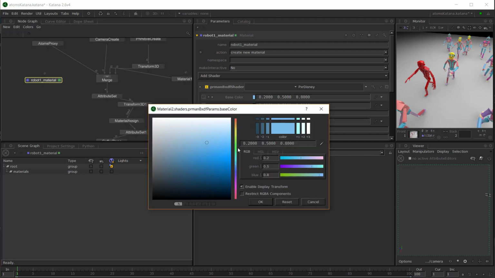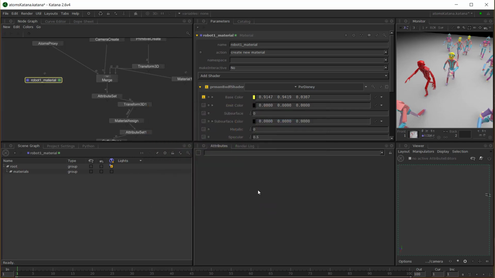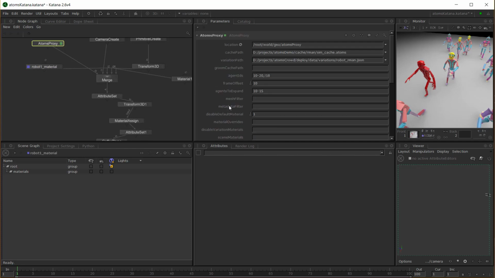Let's bring another Pixar Disney. Let's change it to something like yellow. And then we can merge. And then go back here and use the robot one material. You can use multiple materials, just use the comma here, or you can use, for example, a regular expression like this with the name of the material to match a specific name here. So if I press render now,